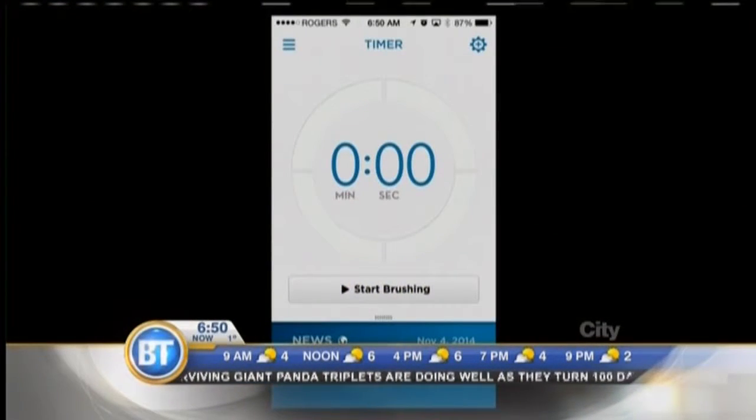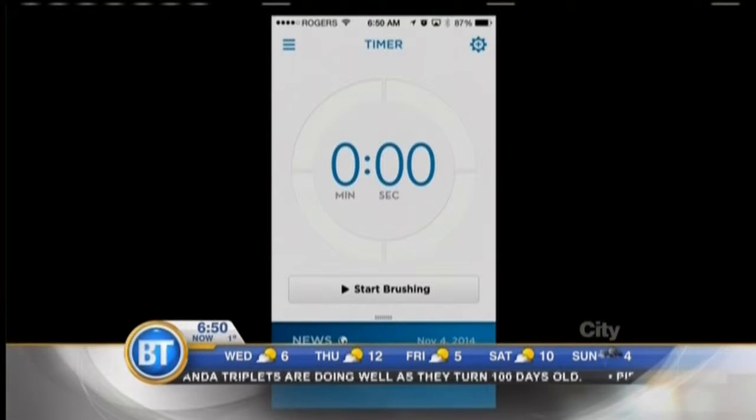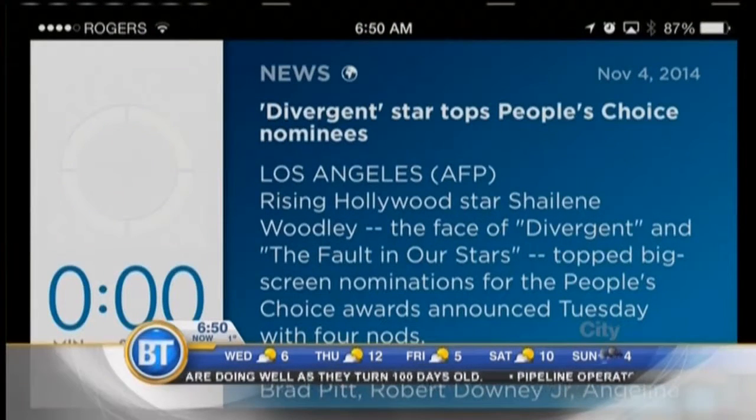So yeah, it is Bluetooth, so it connects to your smartphone via Bluetooth. So you have an app that you run on your smartphone. So why do you need an app with your toothbrush? So there's lots of different reasons. For example, I'm just going to lift it off the cradle here. I'm going to bring up the screen so you at home can see it. There's a built-in timer with this. So I'm just going to flip this sideways so it fills the whole screen. So when I start the toothbrush,